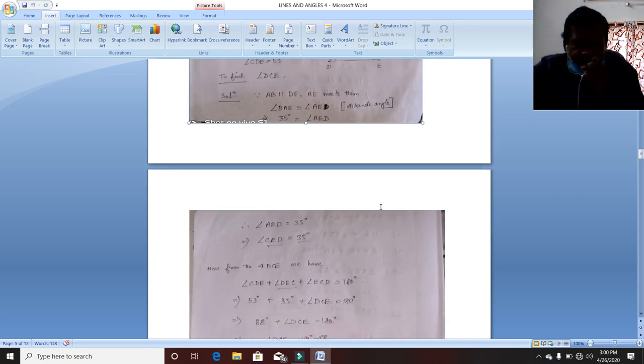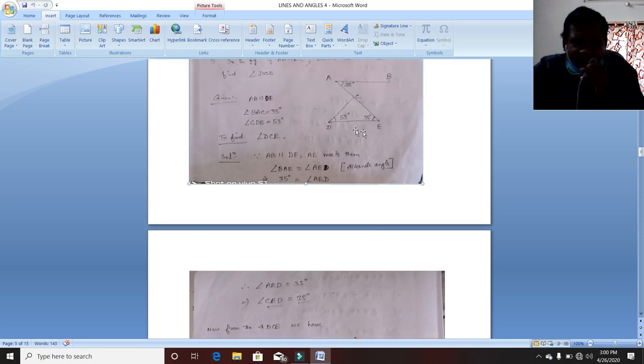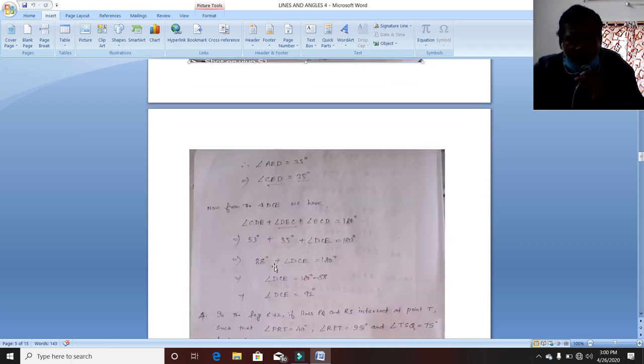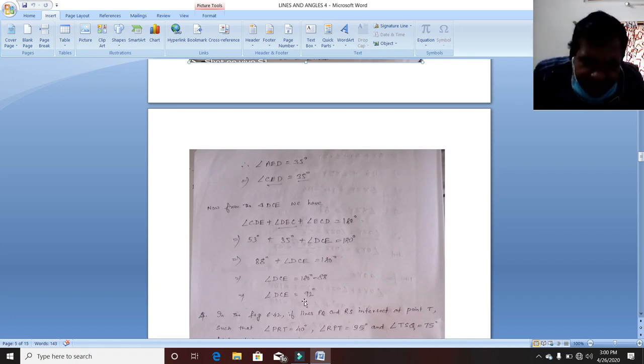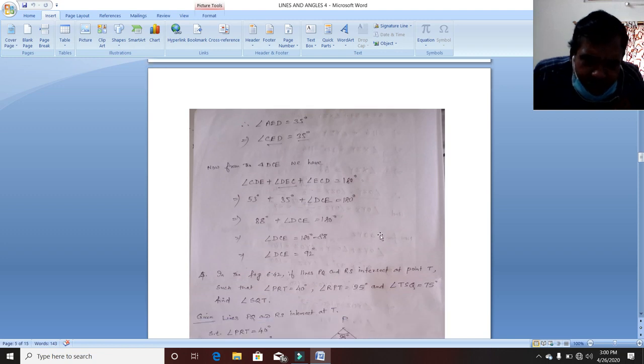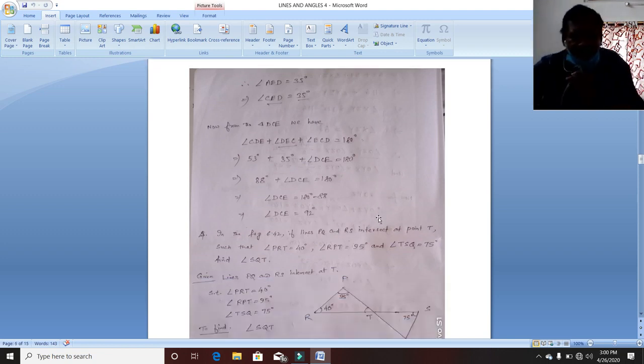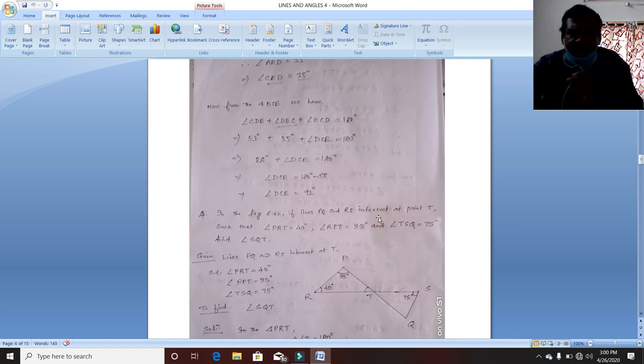Now you see, from the triangle DCE, I have to find this angle, yes or no? This angle I have to find. So you see, this angle I know. The sum of three angles is 180 degrees. So from this I am substituting the values and transposing it. I am getting the value as 180 minus 88. So it becomes how much? 92 degrees. So I have calculated this one also. Yes or no? If you have any problem, you can ask me. I have done all the things nicely so that you can understand.